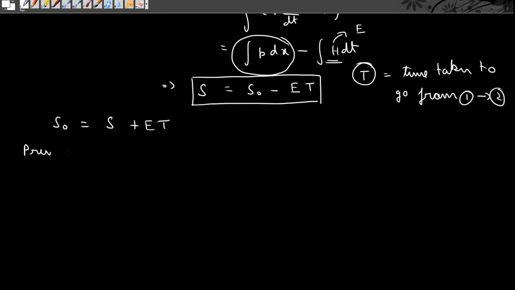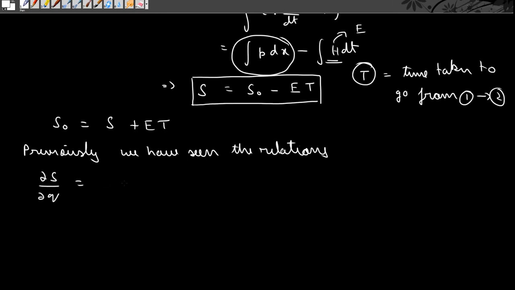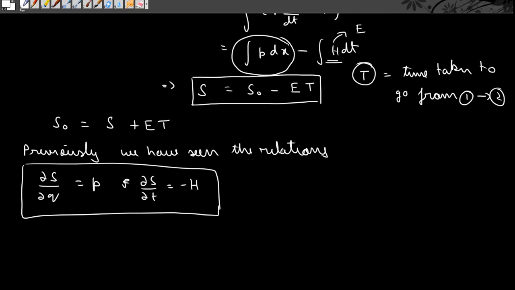Previously we have seen the relations which say ∂S/∂q equals p and ∂S/∂t equals minus H. Now these relations are valid. These represent how the action